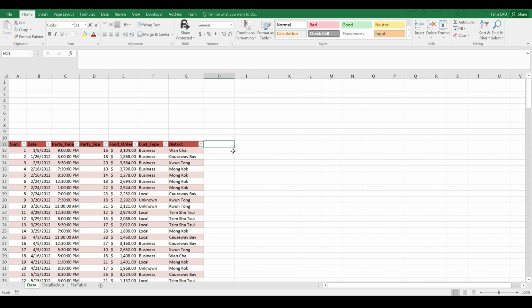And then in column H, sorry, there is a typo on the document. It should be H11, type Party Fee. And then we will use VLOOKUP function to look up how much it will cost based on the fee table,